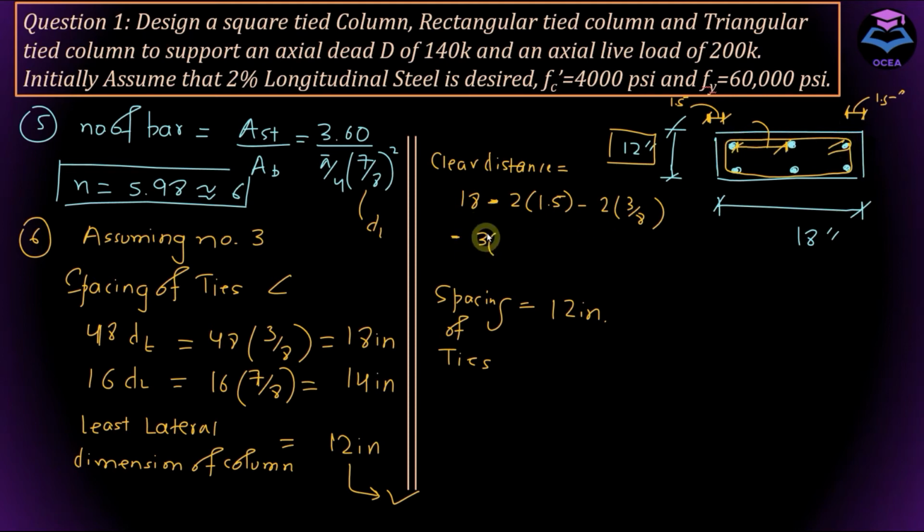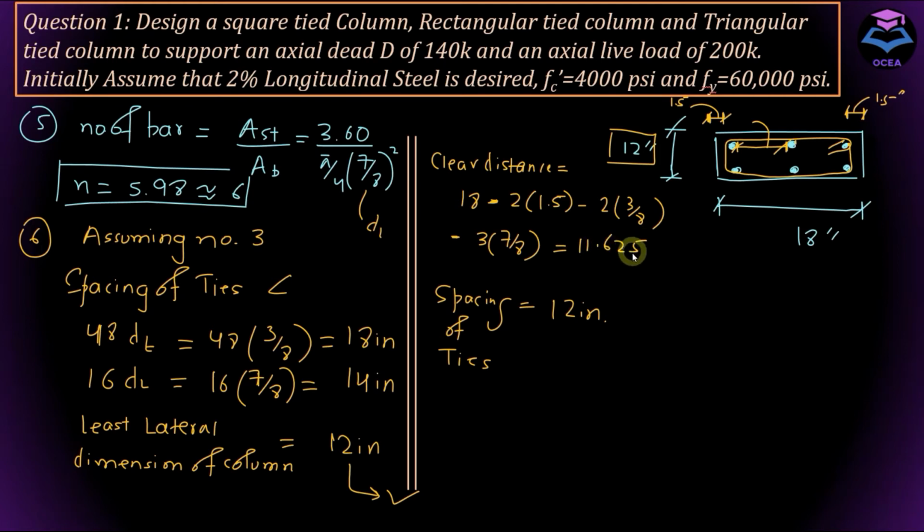So there are 3 bars. We need to deduct the dia of all the bars, and the dia of longitudinal bar is equal to 7 by 8, and this is equal to 11.625,